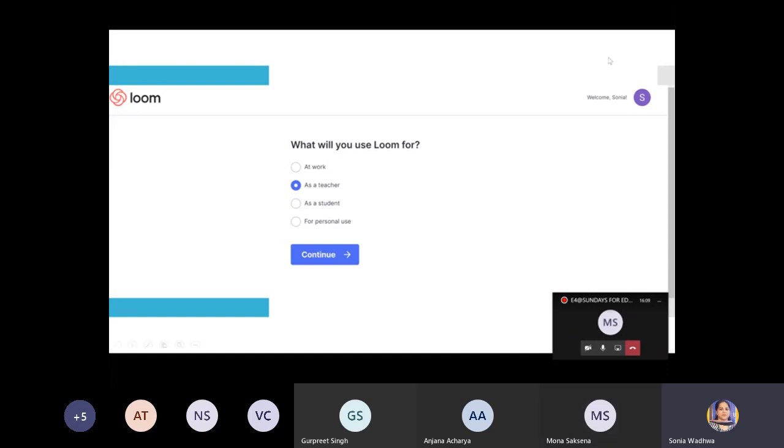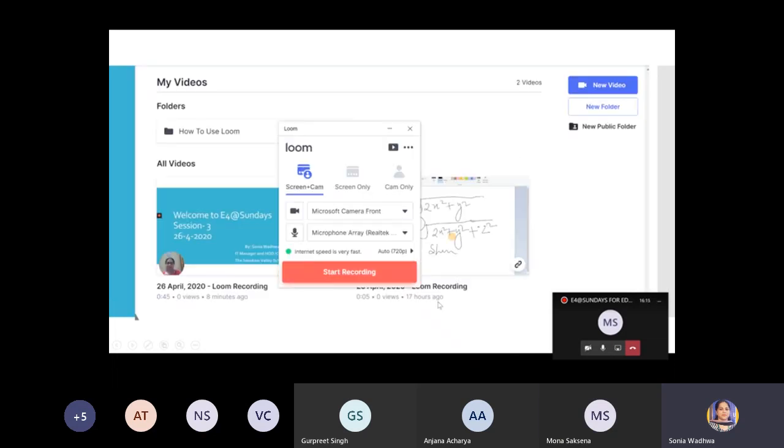As you can see, I already signed in with my Google account, so my name is coming here on the dashboard. And then after clicking on continue, you will get to see this kind of screen. Now I am going to take you to the live demo of the tool. I'll pause the PPT here, and then I am going to jump into the live demo.